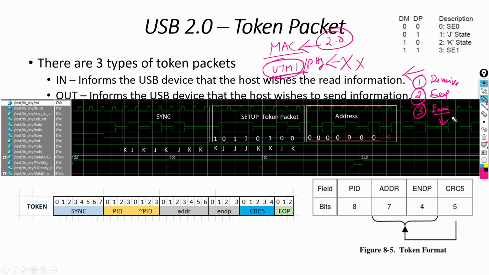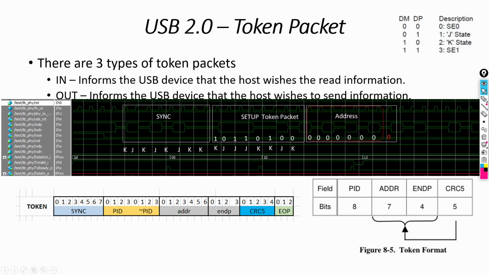In enumeration, what are the other subtypes? We'll assign the unique address. We'll get the descriptors, to know what kind of device it is. And then we'll do the transfer. Now all this enumeration happens with the control transfer, and we'll also see that. Wait, let me show it to you.